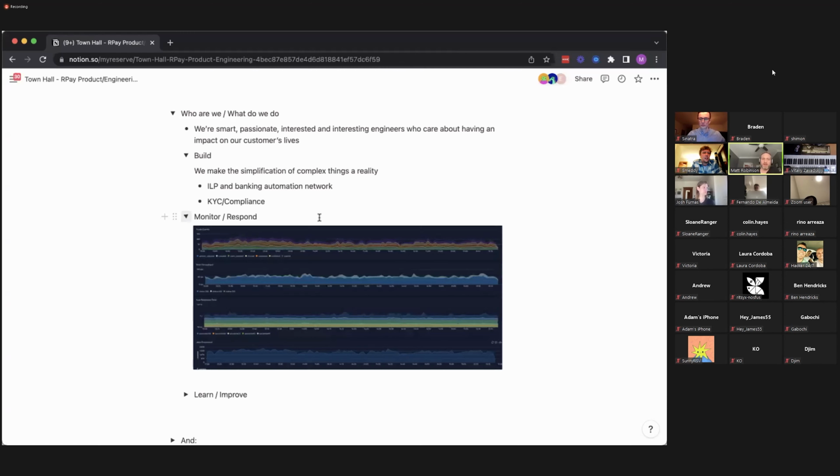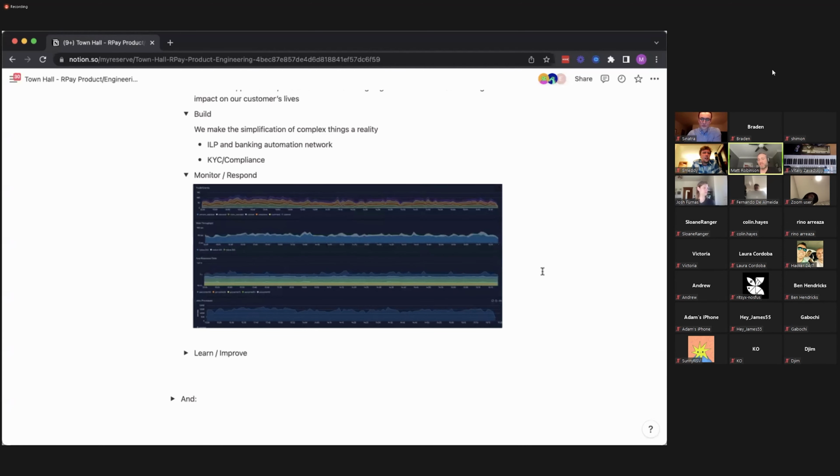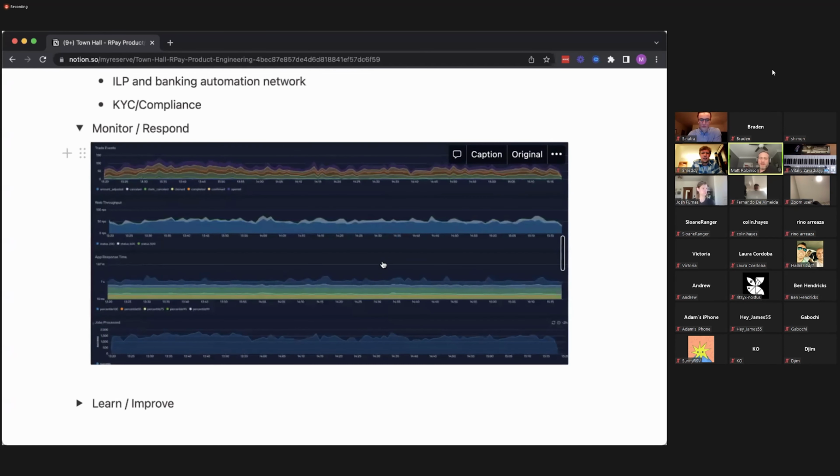We monitor and respond. I just took a quick snapshot. This is not even that old. This is from today, of one of our monitoring dashboards. We have engineers peeking at these things all the time, watching. You can see we have a pretty substantial web throughput, over 50 to 100 requests a second. I mean, that's a lot going on,